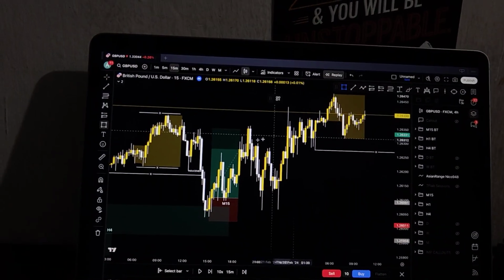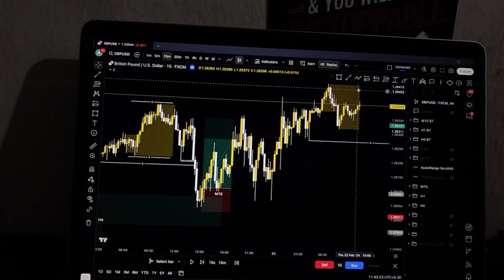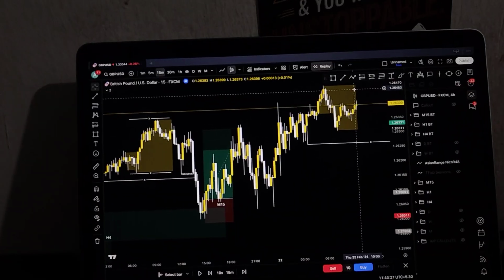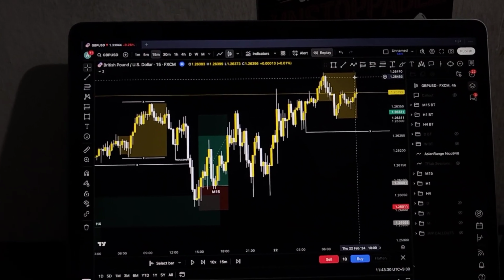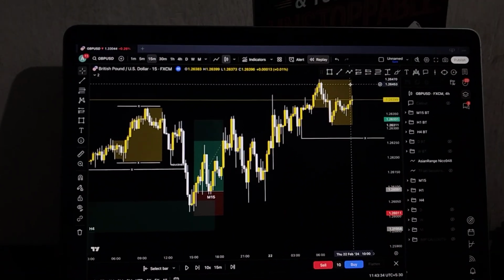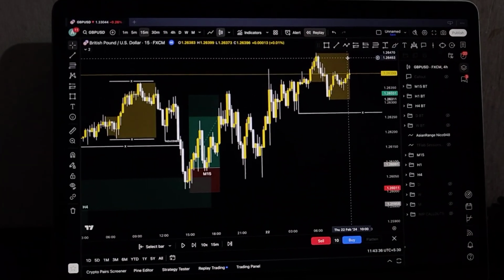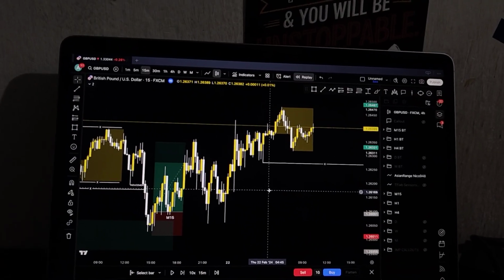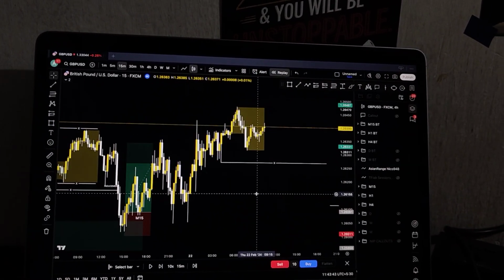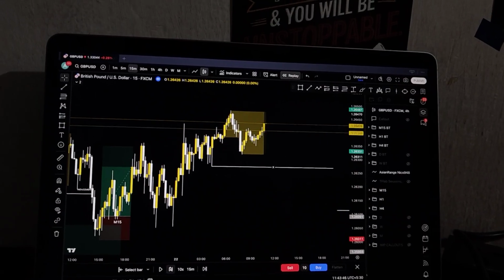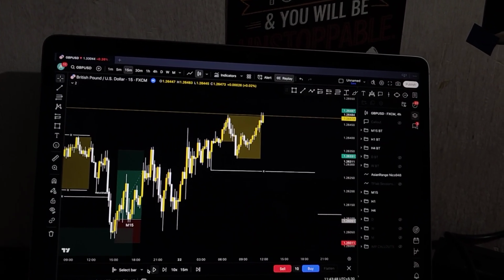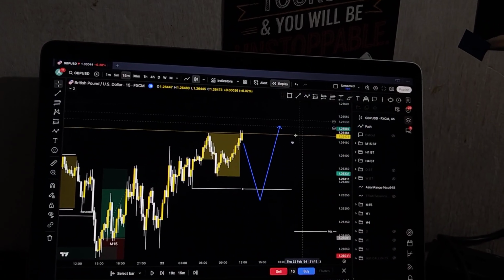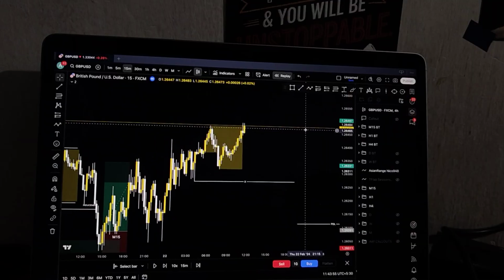Yep, the demand zones were not clear, because a demand zone or a supply zone is only strong if it is with the bias, it has led to a market structure shift, and it has a huge fair value gap. Those are the 3 criteria that I use to define if an order block is valid or not. So this is when I wait for the Asian range to close, and I was looking for a trade if this liquidity would get swept. There were no high probability demand zones to trade from.